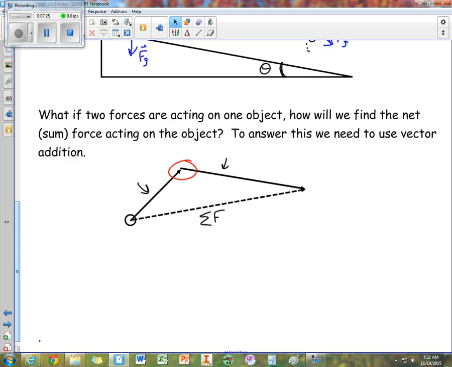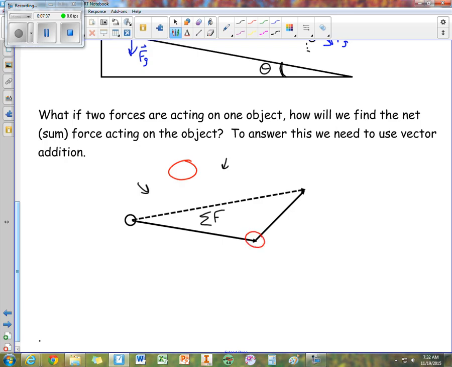Now, what's kind of cool about this is that the order doesn't matter. I could have moved my vectors like this. And notice that they're still head to tail. So when you wish to draw, or when you wish to calculate the net force of all the forces acting on something,